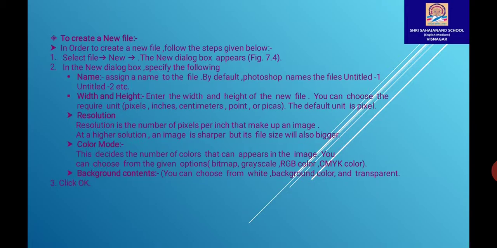At a higher resolution, an image is sharper but its file size will also be bigger. Now color mode. This decides the number of colors that can appear in the image. You can choose from the given options: bitmap, grayscale, RGB color. Background content, you can choose from white, background color and transparent, and then click on the OK button. In this way you can generate a new file.